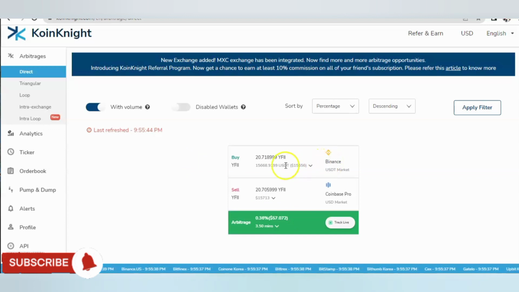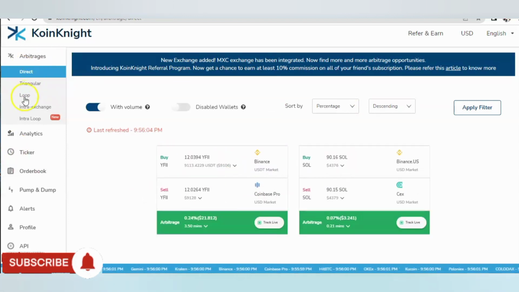And here you'll be able to buy YFI from Binance and then sell it on Coinbase Pro. This is a sure arbitrage opportunity that would not go wrong. It's a sure arbitrage opportunity that will not go wrong. Now, the same thing goes for